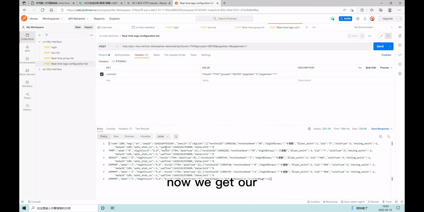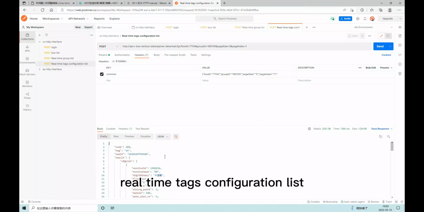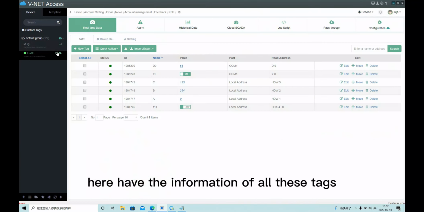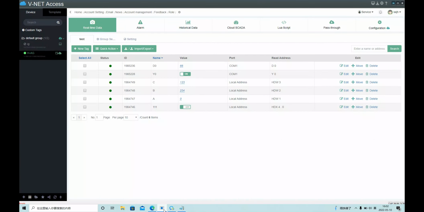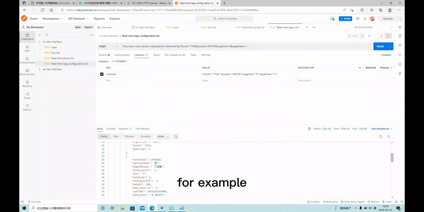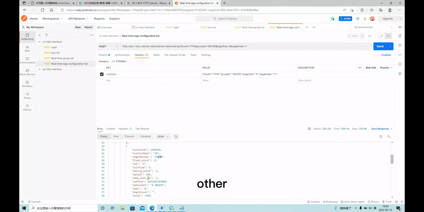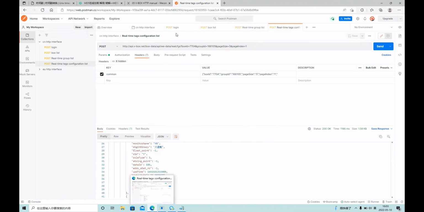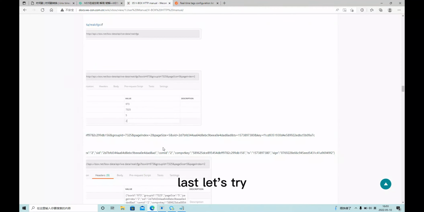Now we get our real-time text configuration list. Here is the information of all these tags, for example, the text monitor ID, the monitor name, and other information. Okay. Last, let's try